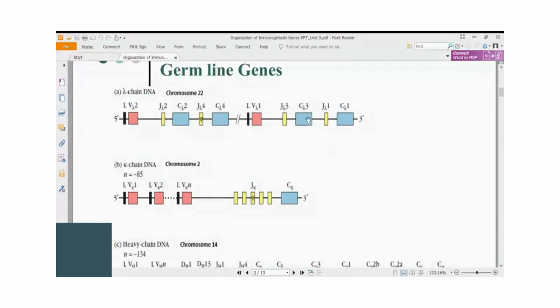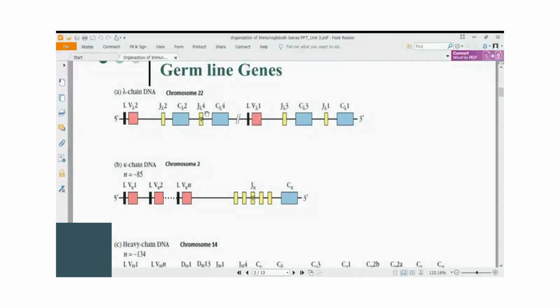Similarly here, C lambda 3 and C lambda 1, that is constant region domains C lambda 3 and C lambda 1, are shown with V lambda 1 on the 5' end. It doesn't mean that if there are 6 constant region genes, there are only 6 variable region genes. No. On the 5' end of each constant region cluster,